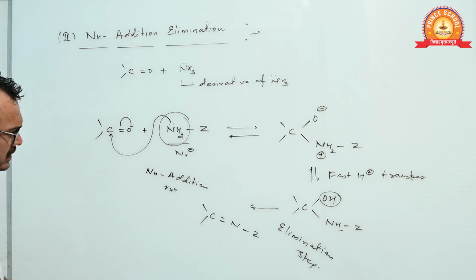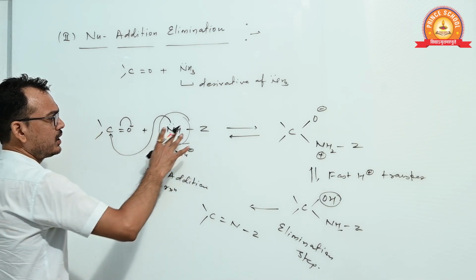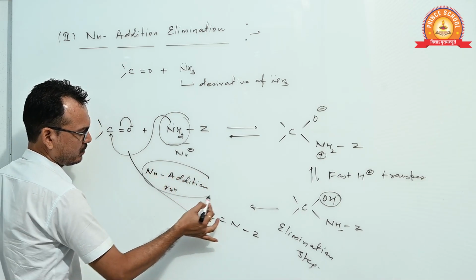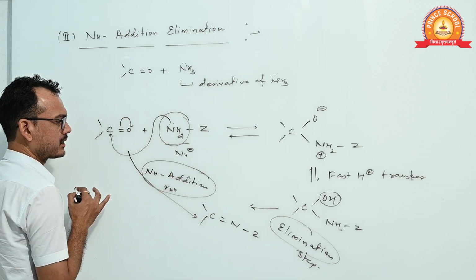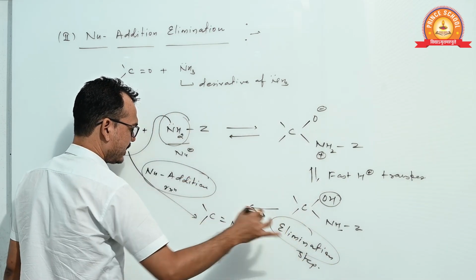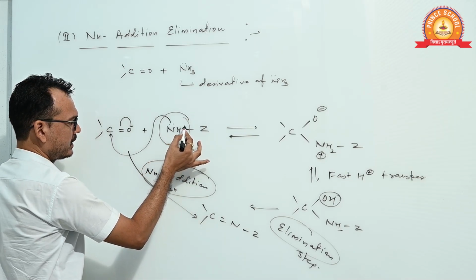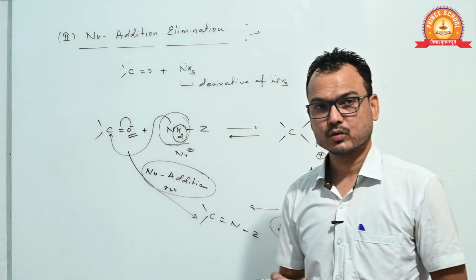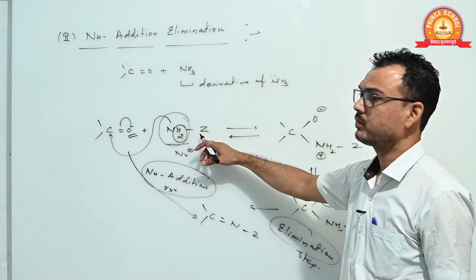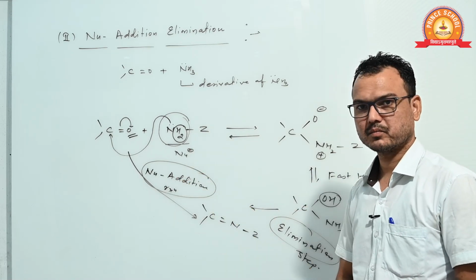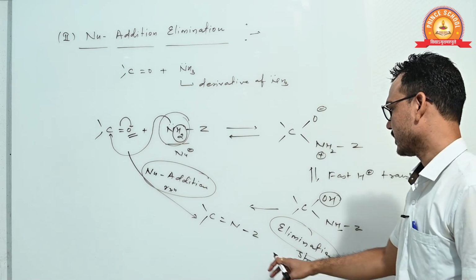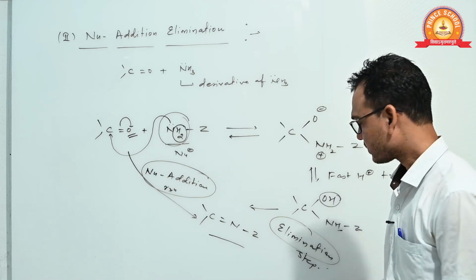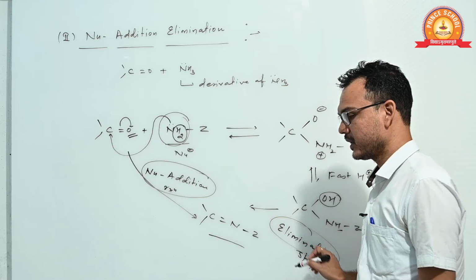When you are writing the reaction, there is no need of this mechanism; directly you form this compound by using the nucleophilic addition-elimination reaction. You do not need to write the whole mechanism; you directly write the product. H2O is liberated from the reaction mixture. So the first step of the weak nucleophile is nucleophilic addition, and on final elimination it gives this product, C double bond NZ. This is known as the nucleophilic addition-elimination reaction.